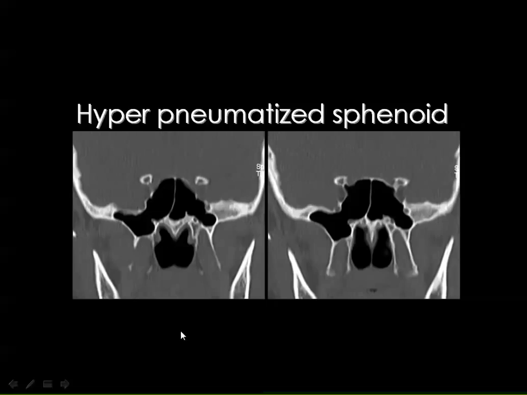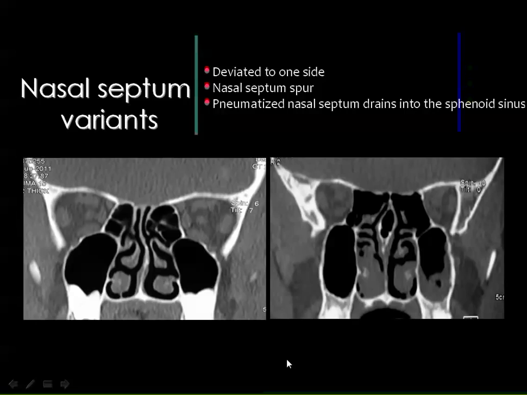And this is an example of hyperpneumatization of the sphenoid sinus extending into the skull base and the root of the pterygoid on the right side. It may also involve the pterygoid blades as well. Then some of the normal variants, first concerning the nasal septum, which this is the very common situation, deviation of the bony nasal septum to one side or the other,